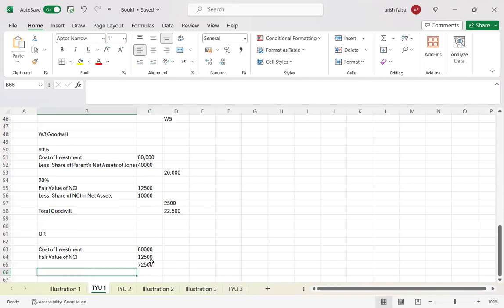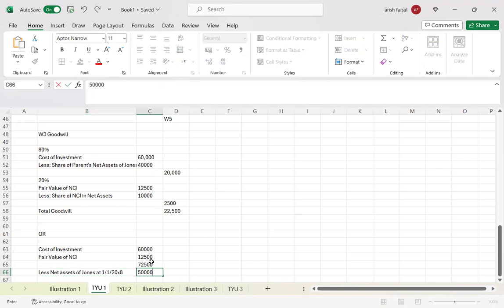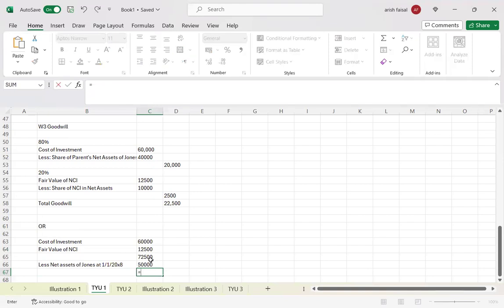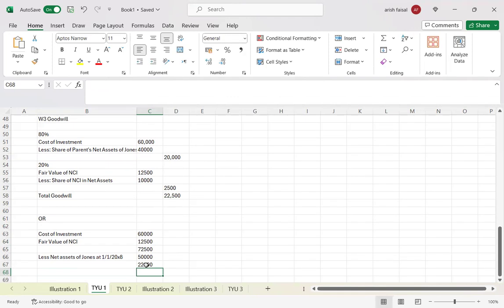Okay. And then you can subtract the net assets of Jones at 1st of January, that's the date of acquisition, which is 50,000. So you will get back again 22,500. So this is also one way to find out the goodwill,